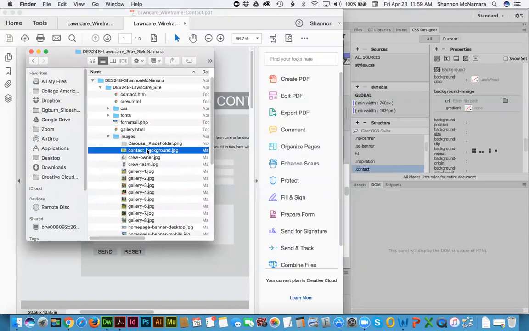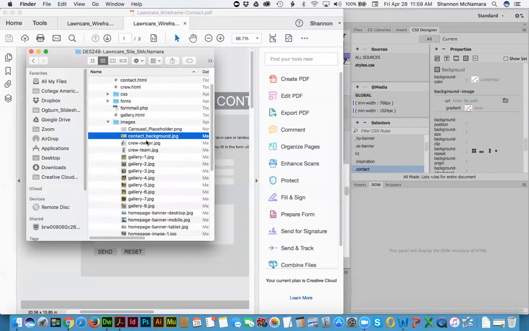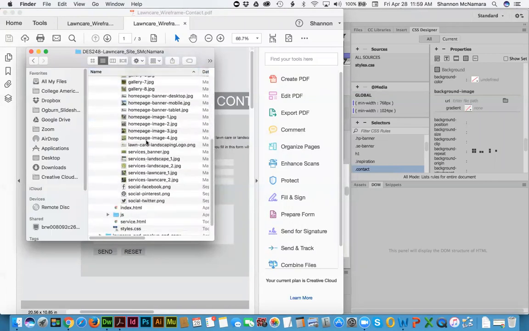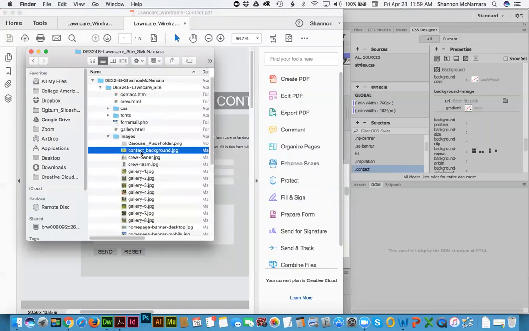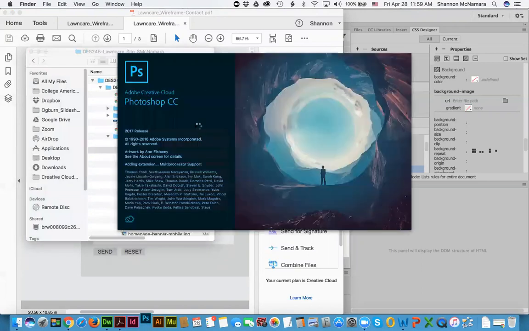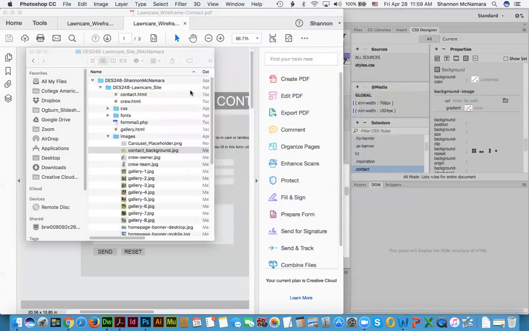Open up your contact background. Where is it? There we go. In Photoshop. And we're just going to manually change it to 20% in Photoshop and save a new file